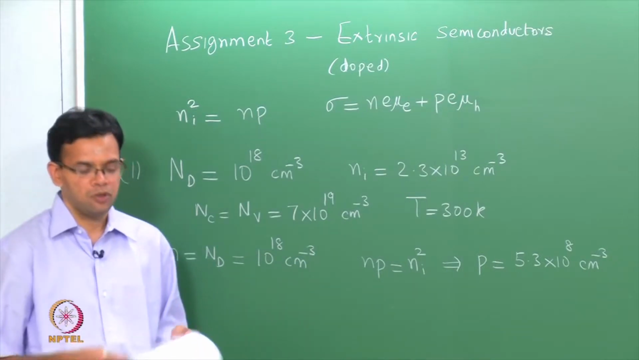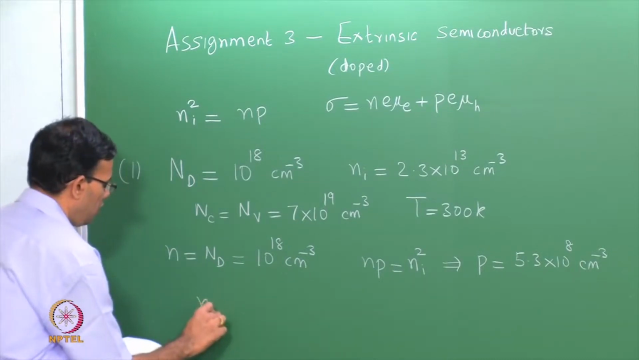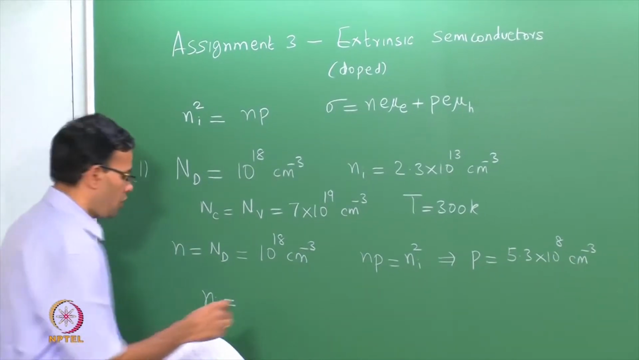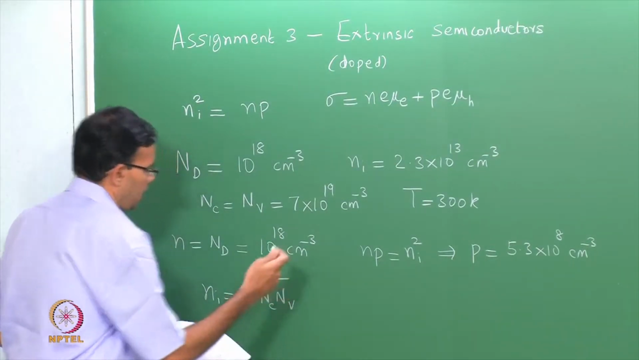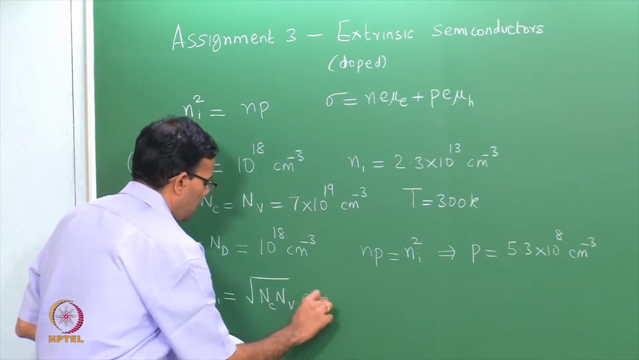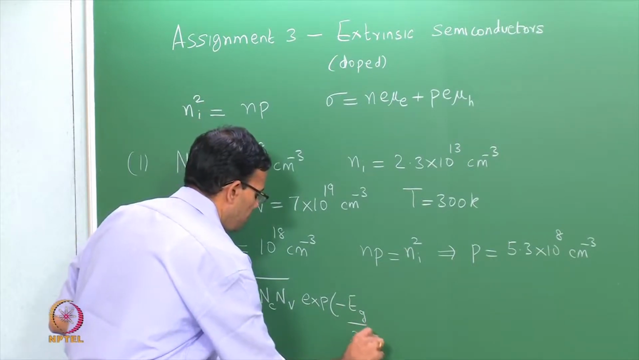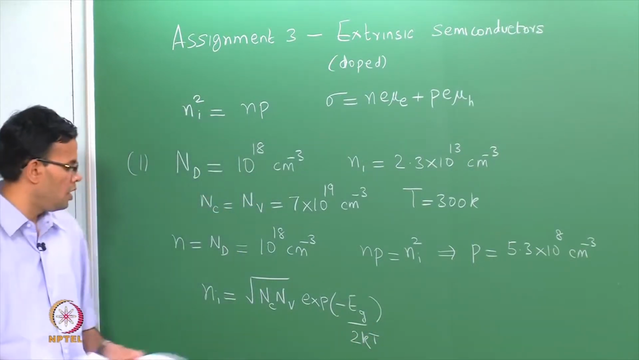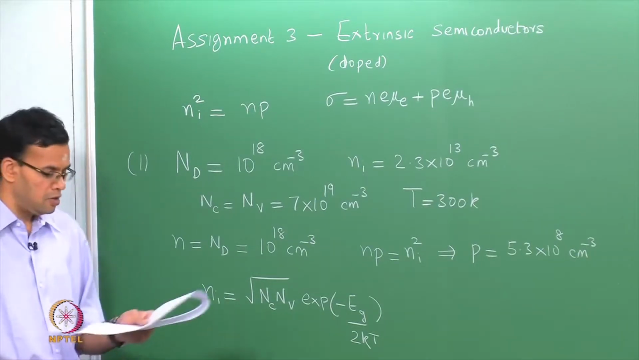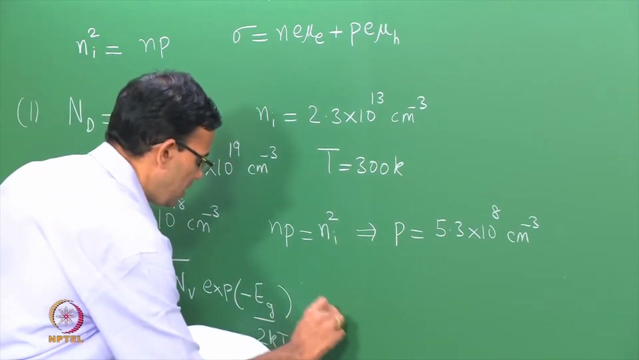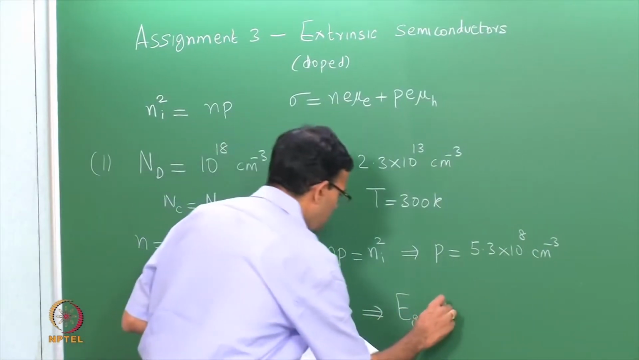What is the band gap of the semiconductor? To calculate the band gap, we can actually use the intrinsic equation which we saw in assignment 2. So, ni is square root of Nc Nv exponential minus Eg over 2kT. So, Nc and Nv values are given, temperature is known, ni is known. The only thing that is remaining is Eg, and Eg is